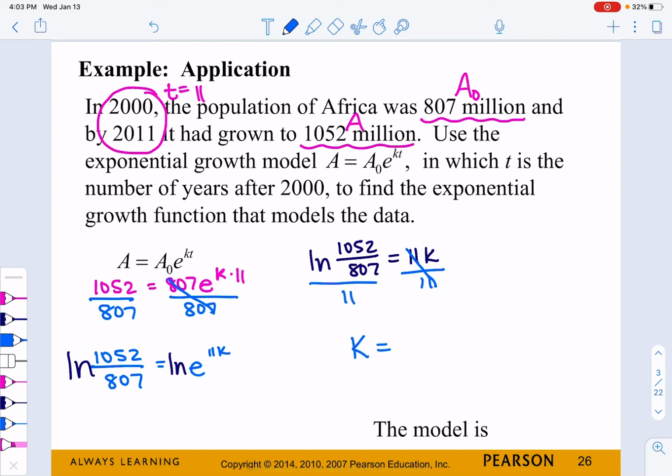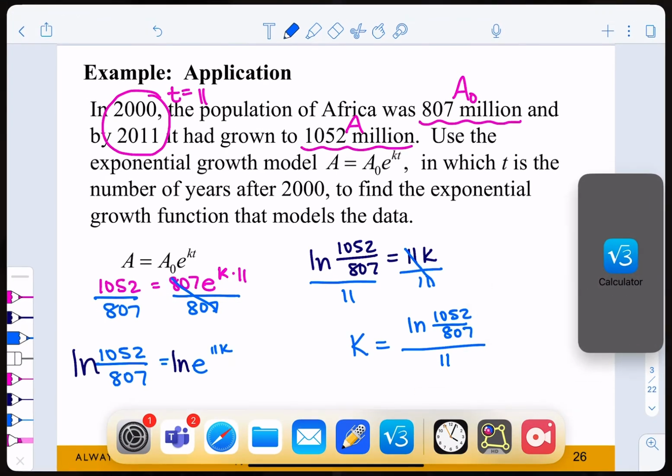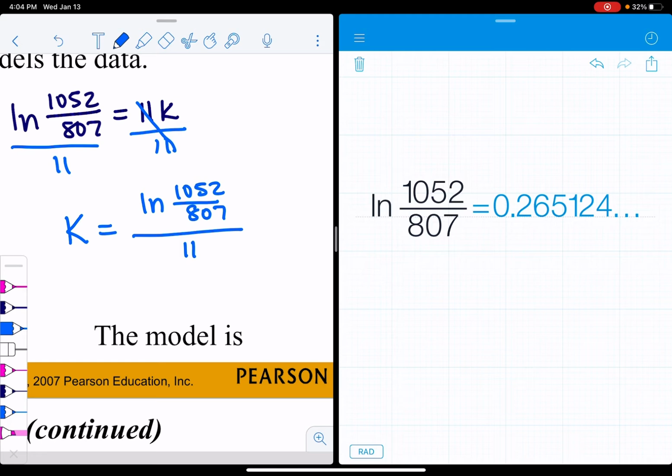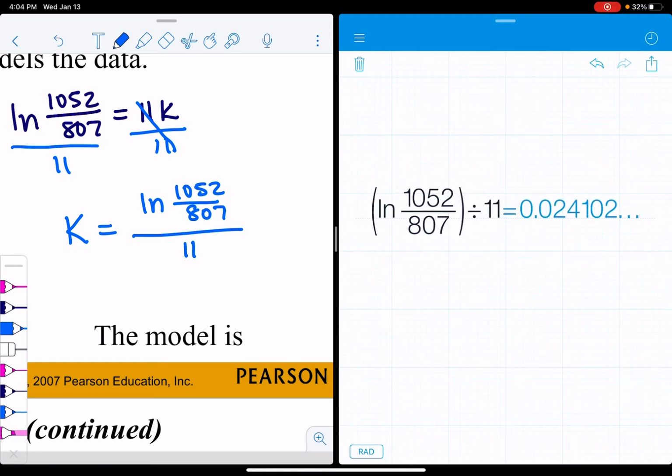So k is going to equal this really ugly calculation, so be careful how you put it in the calculator. We have an ln of 1052 divided by 807, and that whole thing has to divide by 11. Let's see how good, bad, or ugly our handy dandy calculator helps us out. All right, I need the ln of 1052 divided by 807. That is going to divide by 11. So I end up with a k value of